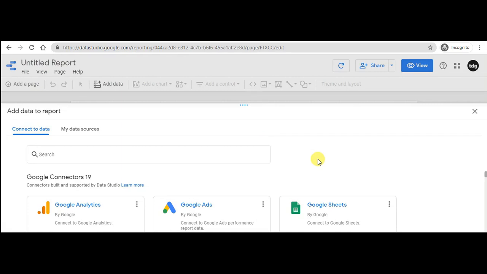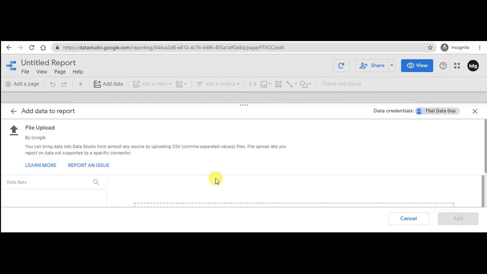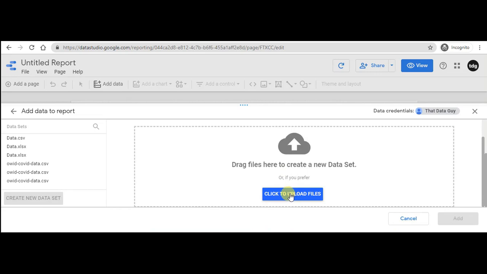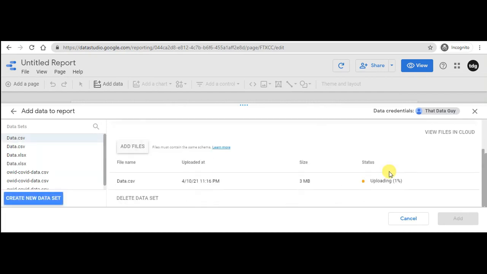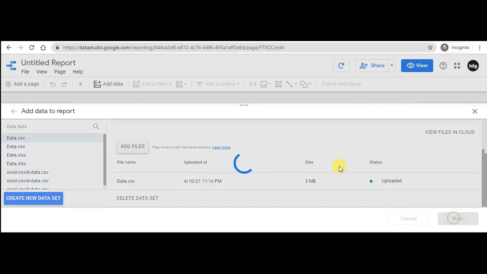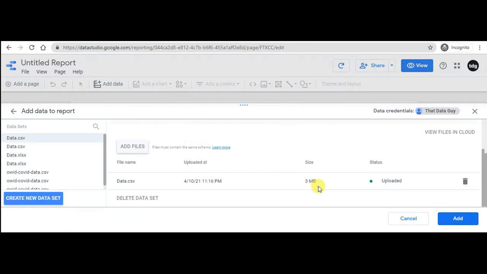and once you open this, it will ask you to upload a file or connect to a data source. So I'll be uploading a file. I'll go here and click to upload files. Now you can see it will start uploading the file, and now it's processing. Once it is done, it will show as uploaded, and you can click on add. Once it's done, it will ask add to report. Click on add to report,